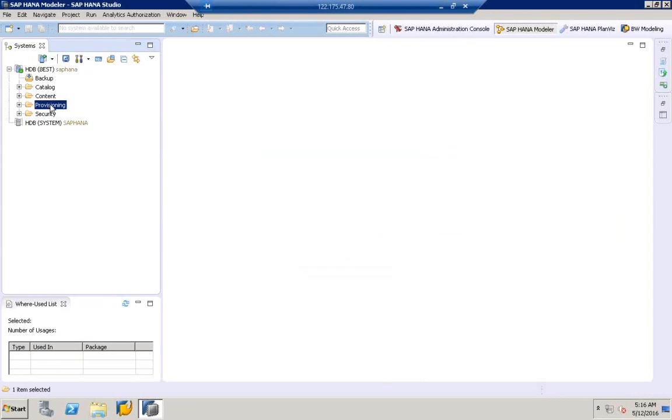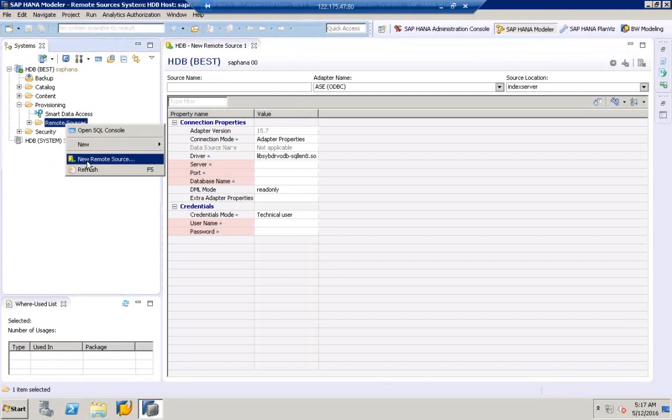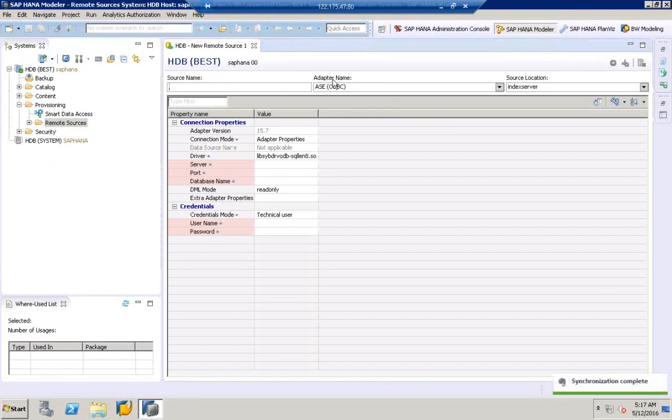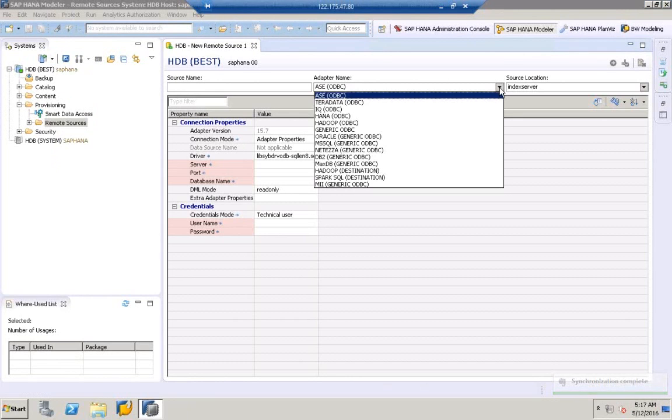For provisioning, we see there is a folder called provisioning. Expand this folder. Here we see Smart Data Access. Right click on the remote source and click new remote source. Once you click new remote source, here you can see the adapter name. If you expand the adapter name,